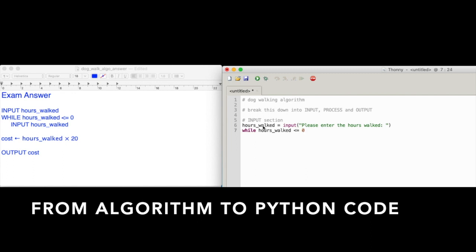Now because this is Python, it needs a colon here to tell you that this is the end of that line, and it's going to automatically push me on to the next line. So notice it's tabbed in again. And what I now need to do is to force the user to enter the hours again. So hours walked equals input